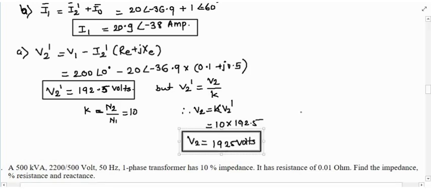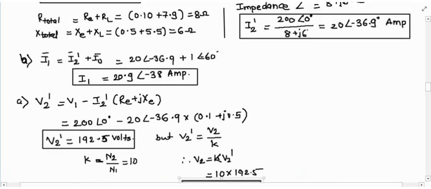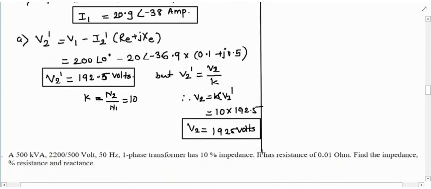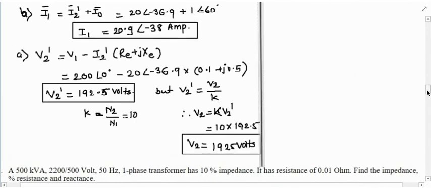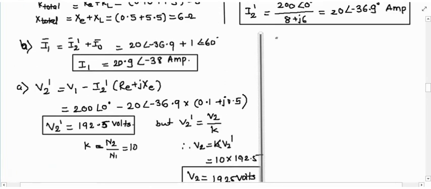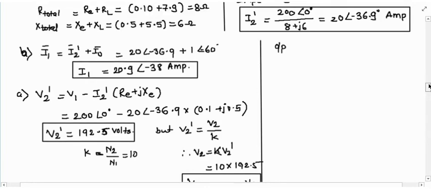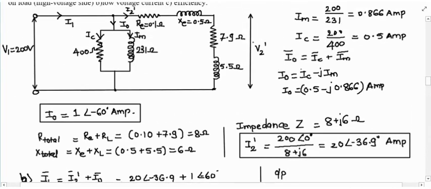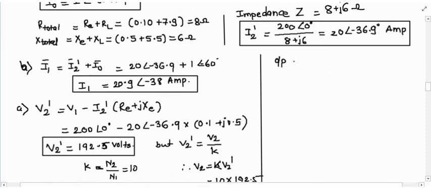Then the third quantity that we have to find out in this problem is the efficiency. Okay. Now let us see how to find out the efficiency of this transformer. Now student, what is the output? Output from the diagram which is given to you on the upper side is nothing but V2 dash into I2 dash into cosine of the angle between V2 dash and I2 dash. So my output will be V2 dash into I2 dash into cos of phi 2, or phi 2 dash I can say.